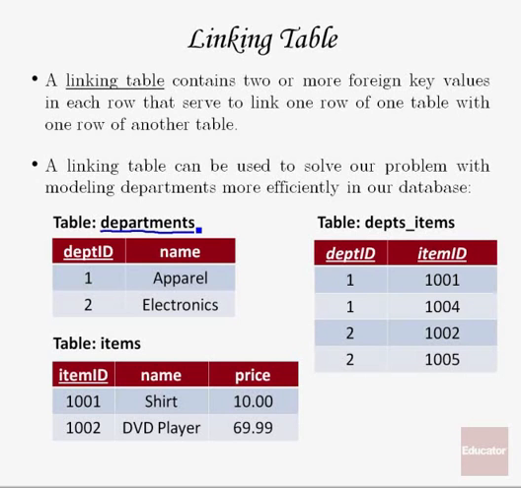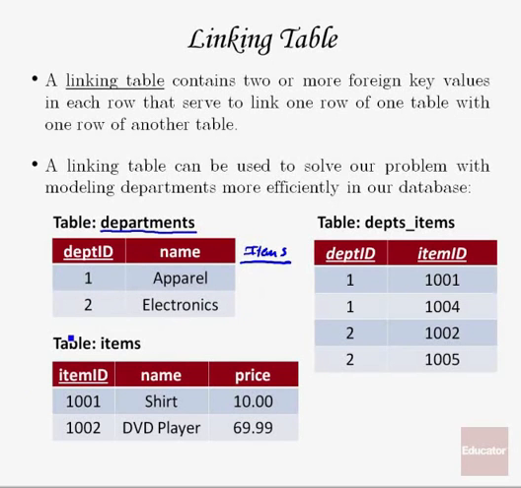And as we saw earlier, the way we were doing it in the first slide wasn't really an efficient method, and we saw from the rules of database normalization that there were a lot of problems with that. This is a solution that's going to basically solve that problem. Let's say we create a departments table that, instead of having an items column,